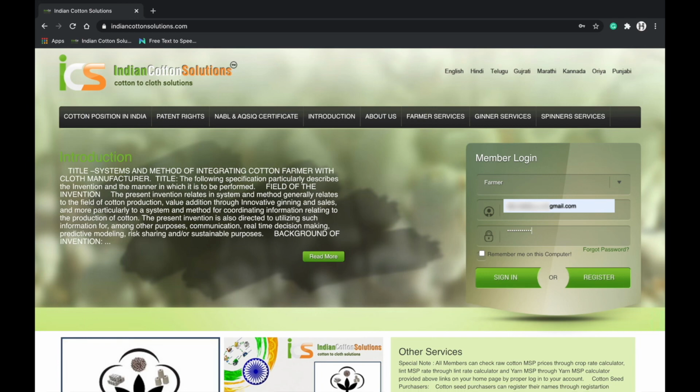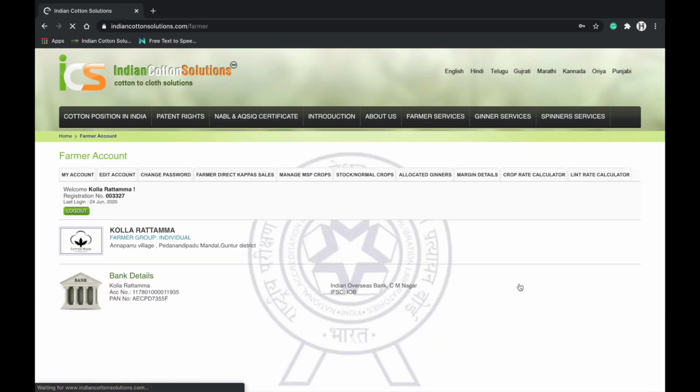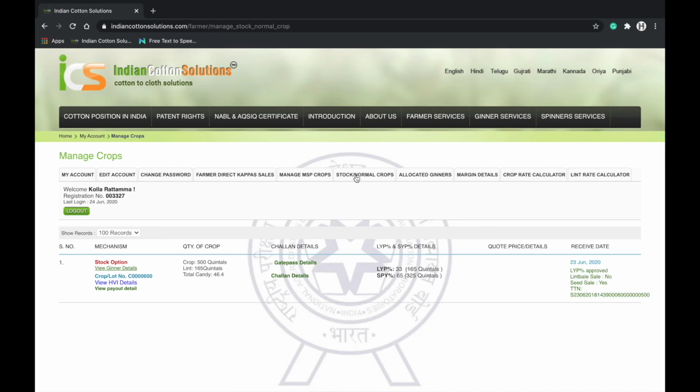An alternative to the stock option sale is the LBAK sale. LBAK stands for Lint Bales Against Kapas. This is our innovative idea that allows the farmer to exchange their kapas with ginners' ready bales that have the quality equivalent to farmers' kapas.